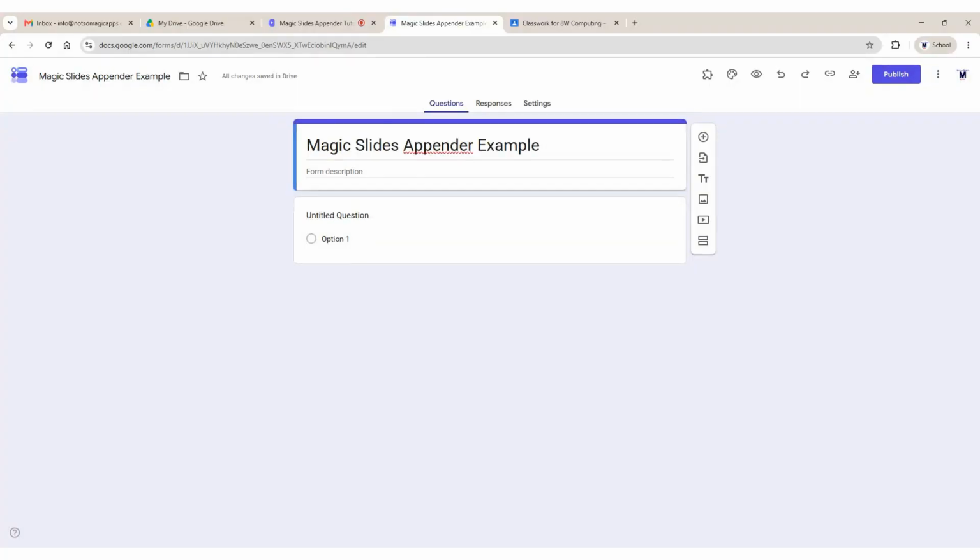Hi everyone, I'm going to give you a tutorial now of my new add-on, Magic Slides Appender. Now this is very similar to Doc Appender, which is by New Vision Public Schools, but instead of using a Google Doc, it will use a Google Slideshow. So what this is all for is to be able to fill in the form to give feedback to students